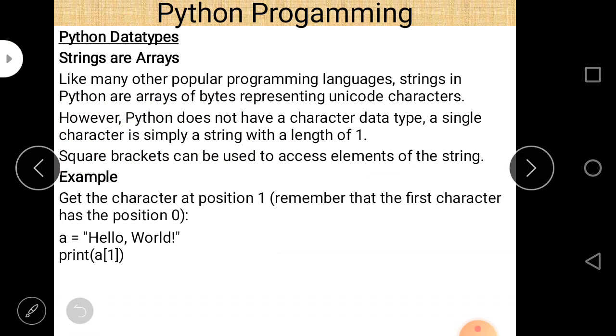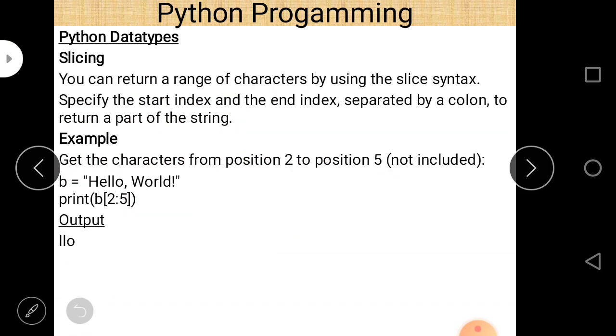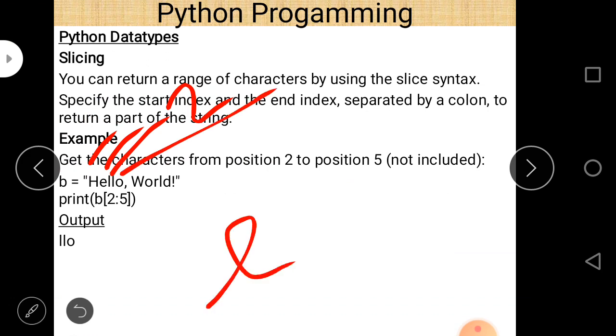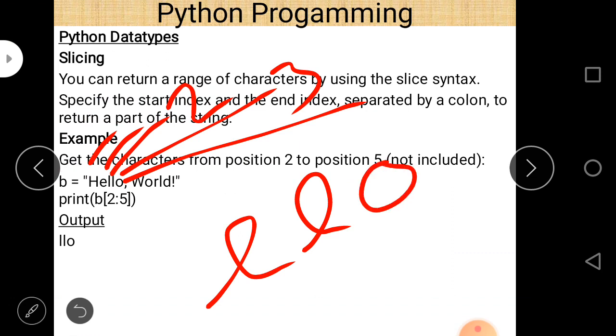Remember that. So here h is 0, e is 1, l is 2, so l will be printed, and at third position l is again printed, and at fourth position o is there, so o is printed, and at fifth position comma is there, but fifth is not considered here because the last element is not considered. So double l o will be printed. So the output is llo.